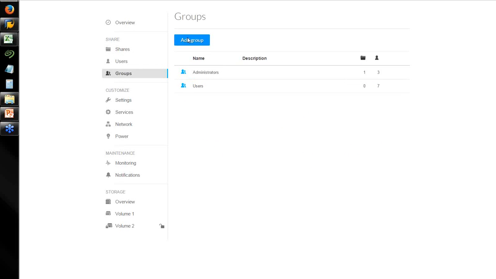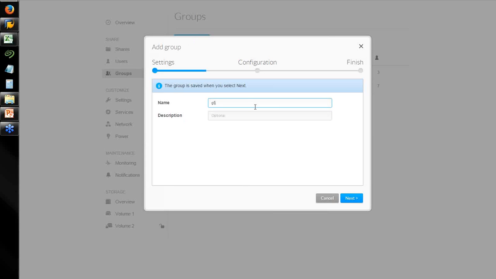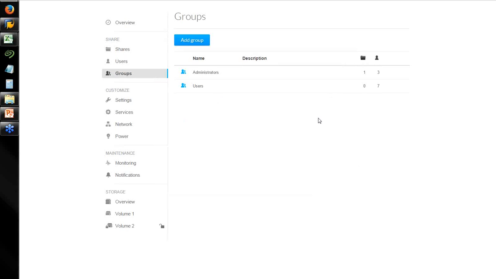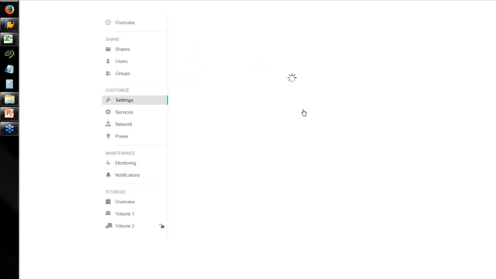And also you can set up groups very easily. Add group, add name, for example, description, configuration. It's great stuff. It's a very clean, straightforward, easy to use operating system. If we get into our settings here,